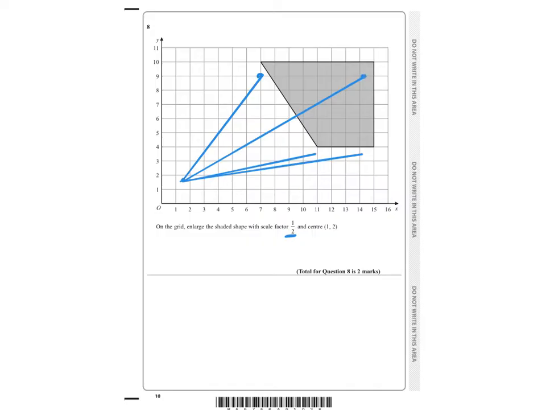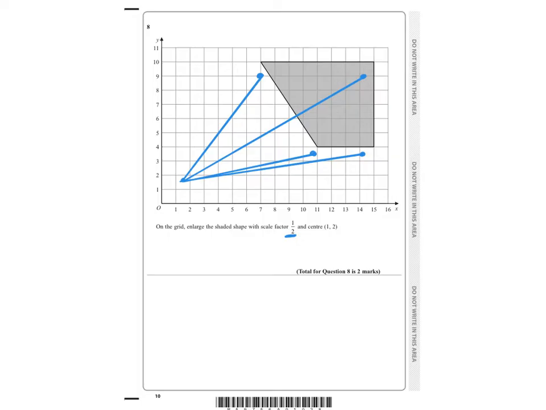These points here, how am I getting from them? So if I have a look at this first line here, from this point to this point, okay, I have gone from 1 all the way to 15 and up 2. So the scale enlargement will be along these lines somewhere. It'll be along these lines, but because it's a half, what I'm going to do is if I go across 14 and up 2, I'm going to half it. So that means I'm now going to go,